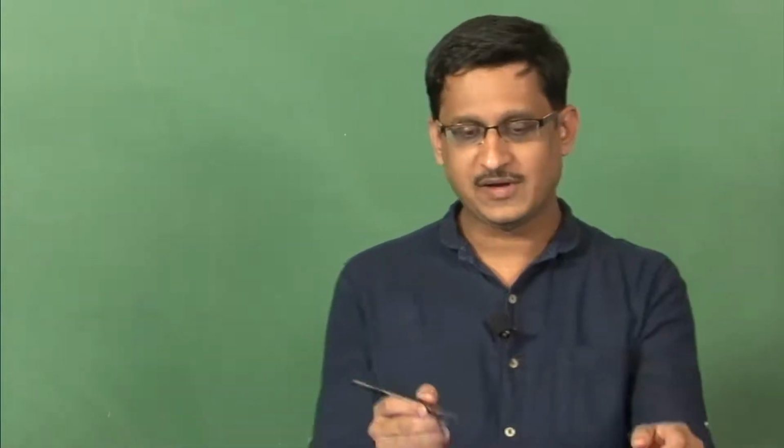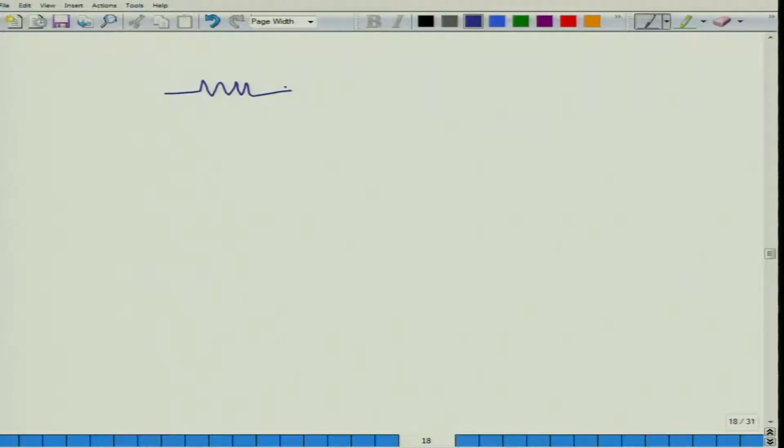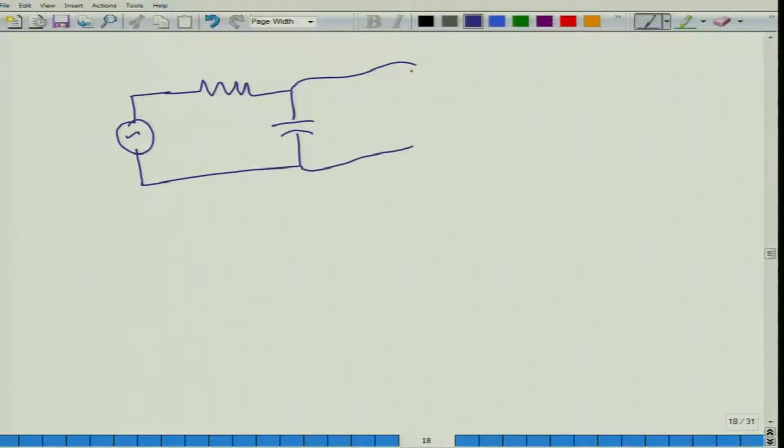What is a signal? We know that if I have a circuit, maybe some complicated circuit, but for now just imagine that there is a simple RC circuit, and this RC circuit is connected to a signal generator, and we connect an oscilloscope across the capacitor. Well, we can't connect an oscilloscope across the capacitor, so this is actually a virtual oscilloscope that I have connected. And if the voltage is changing with respect to time, the oscilloscope would also show us what is the voltage change that is happening across this capacitor.